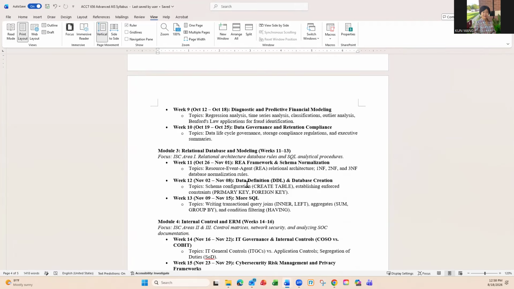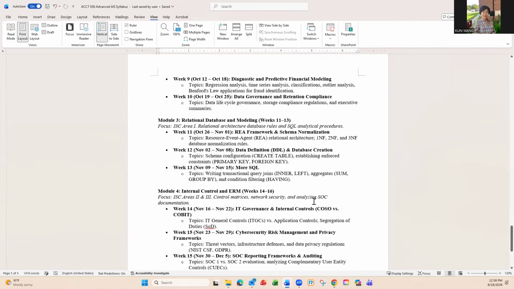And finally, we'll talk more about the general safety of our data, safety of the system, internal control, risk management, and cybersecurity. Those ideas are more closely related to all business modules and the management information system.